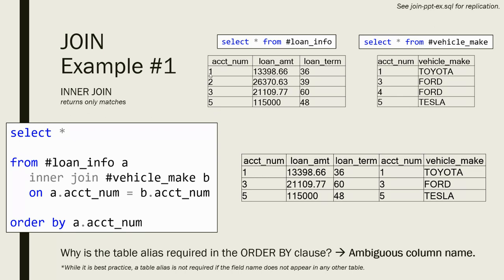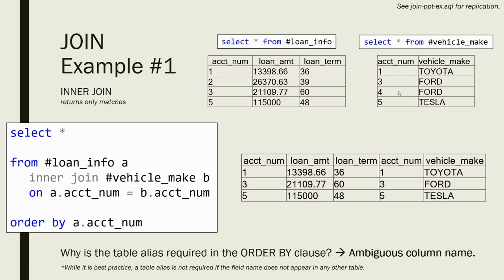It doesn't really matter if you were to do table B. In this particular example, the output wouldn't change. But let's look at what is actually returned. Recall that account number 1, account number 3, and account number 5 are found in both tables. So for the inner join, we need to find matches in both tables for the record to be returned, and that's why there are only 3 records returned, the ones for account numbers that have matches across the